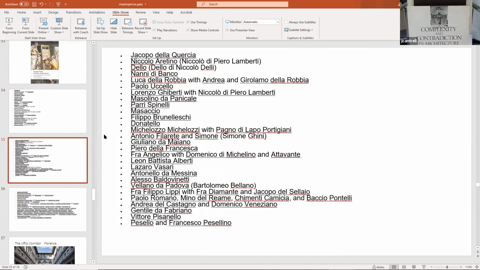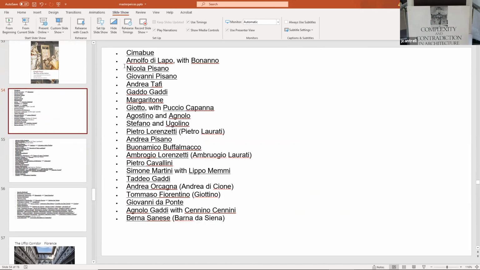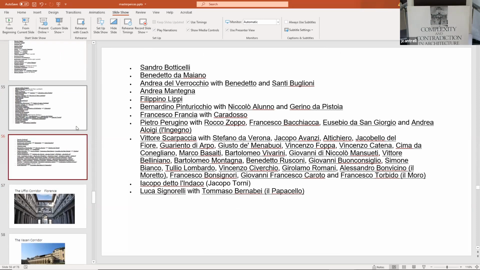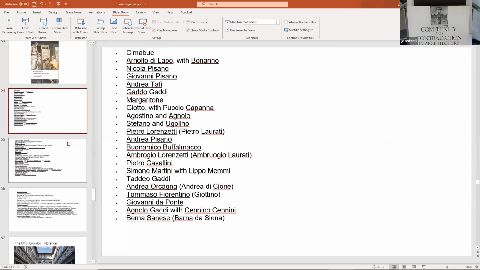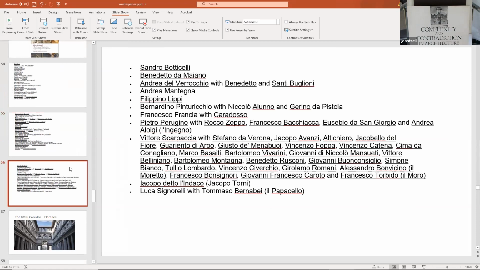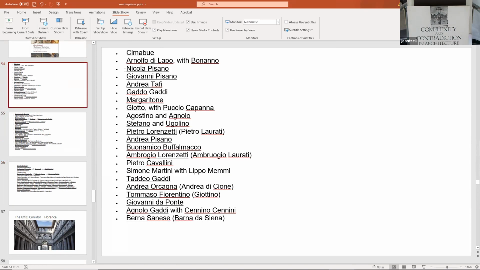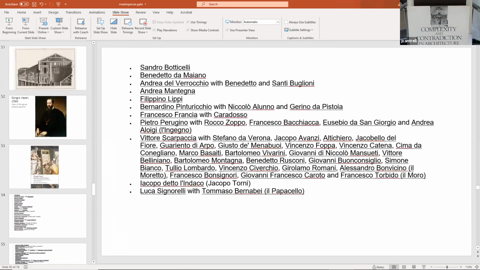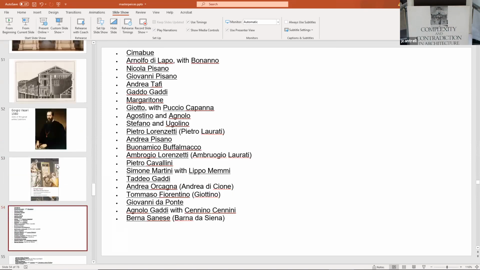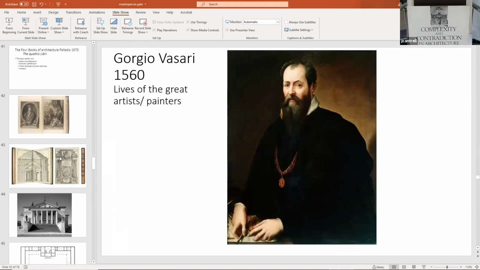And some of these, I'm just saying, this is probably the first 3 books. There's 7, and there's probably 300 painters. It's almost like a literature published on writings on painters. It's the same thing that Giovanni Battista Nolli did with the Nolli map. It took him 14 years to measure that by hand and draw the Nolli map of Rome. The same thing, he probably spent years and years researching and writing about all these painters. So just because it's not a book of architecture doesn't mean it needs to be included in this list.